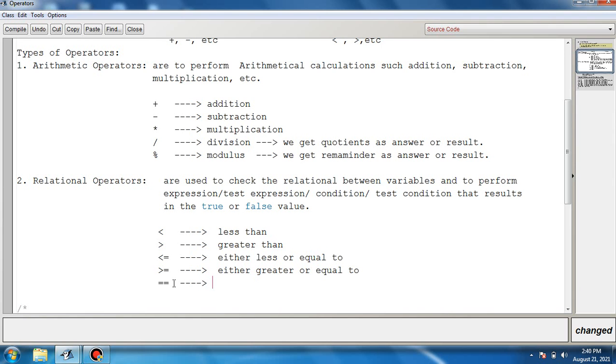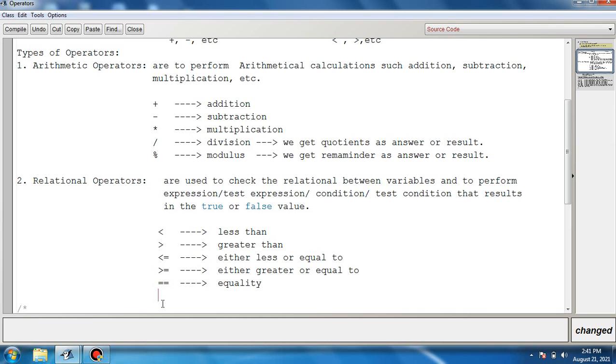This is the equals relational operator, used to check the equality.